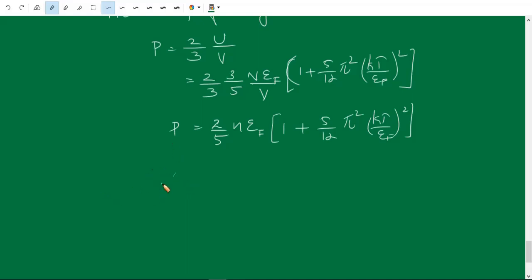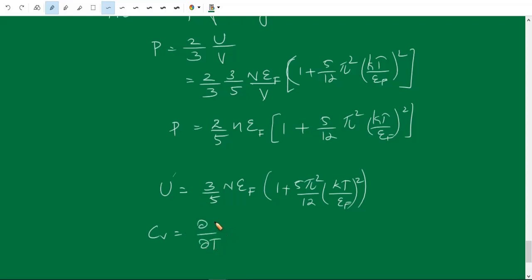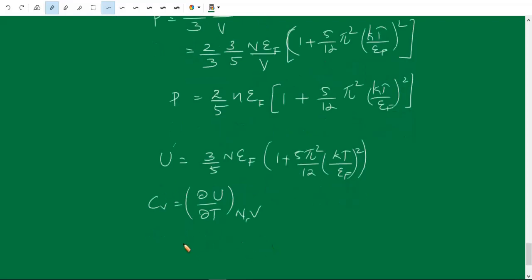So we have U is equal to 3 by 5 N EF times 1 plus 5 pi square by 12 times T by TF whole square. Okay. Specific heat at low temperature is equal to dou by dou T of the internal energy at a constant number of particles N and volume V. So we can write